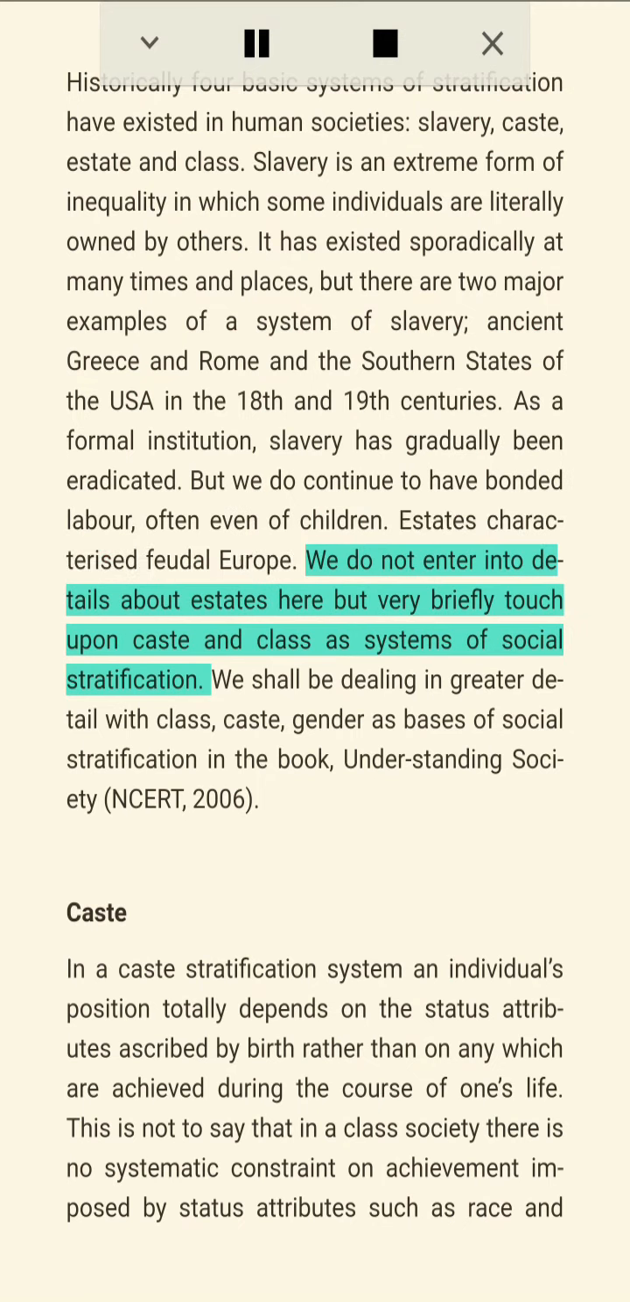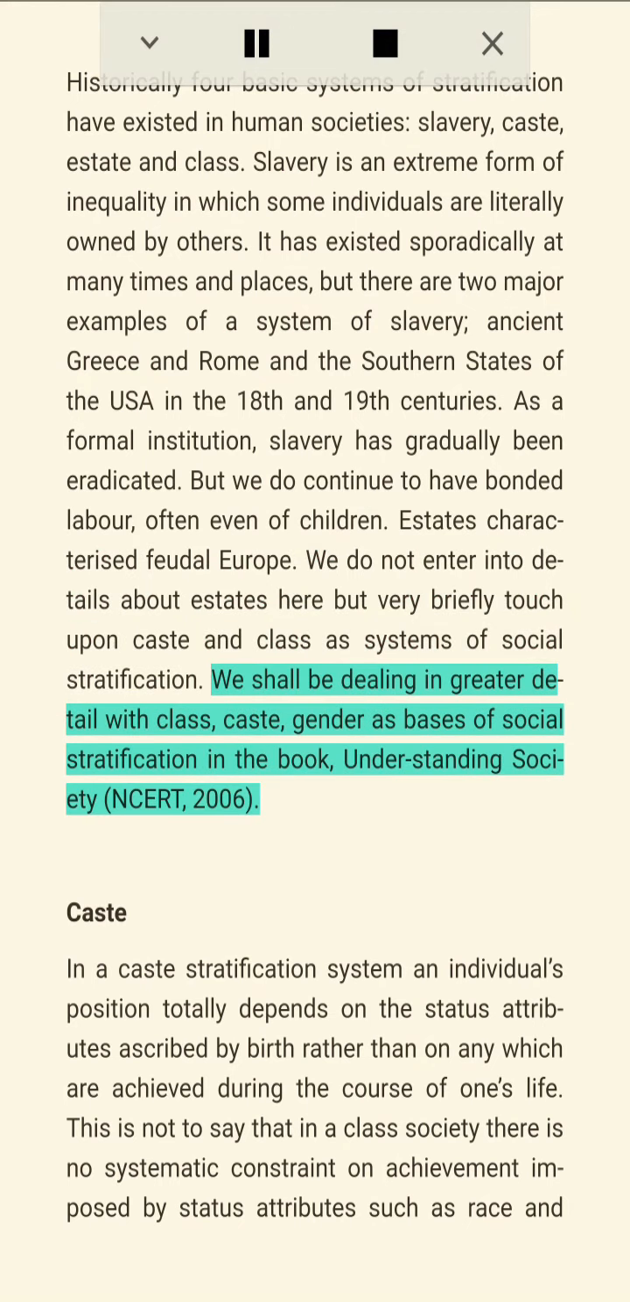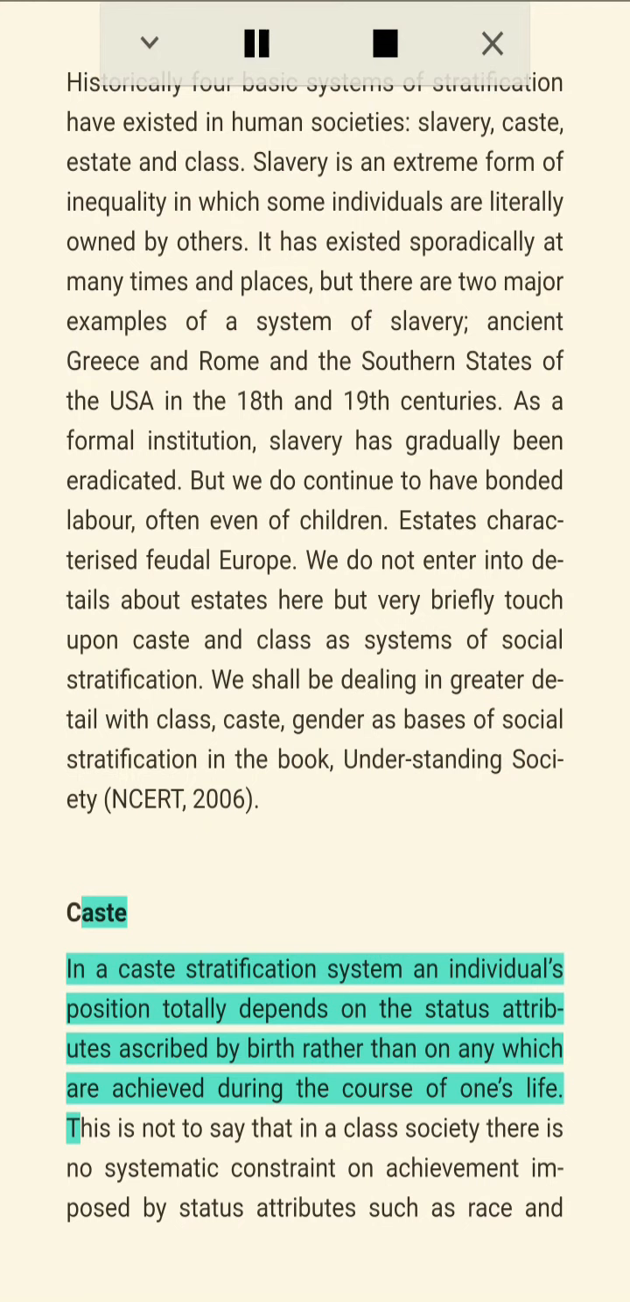Estates characterized feudal Europe. We do not enter into details about estates here, but very briefly touch upon caste and class as systems of social stratification. We shall be dealing in greater detail with class, caste, gender as bases of social stratification in the book, Understanding Society, NCERT, 2006. Caste. In a caste stratification system, an individual's position totally depends on the status attributes ascribed by